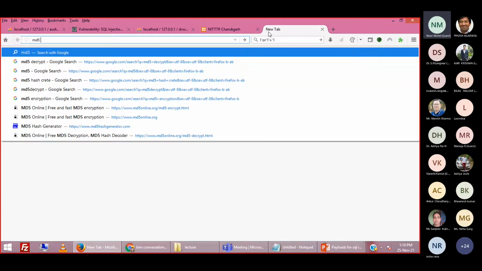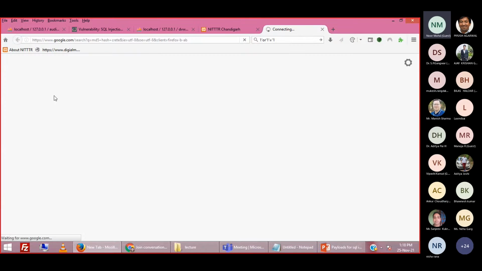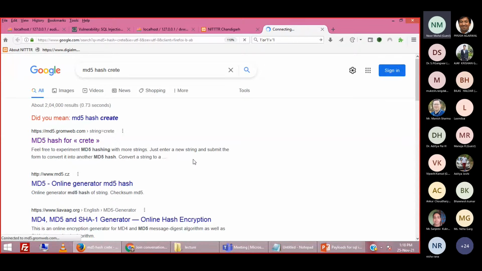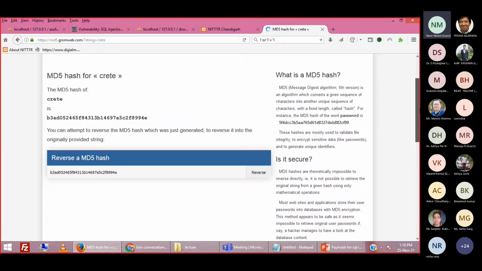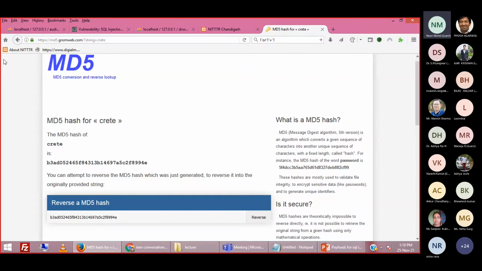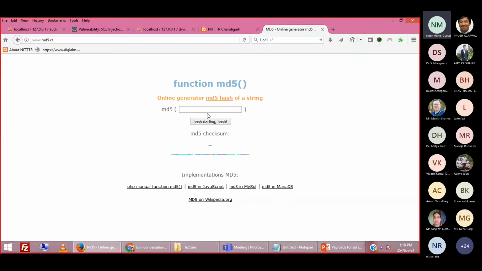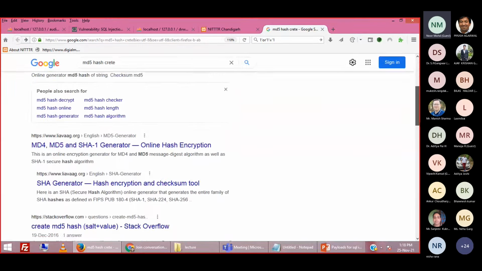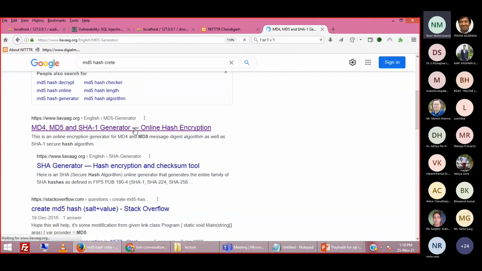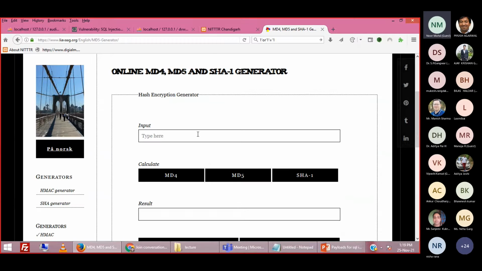MD5 hash create. You can see here I have written "hello, how are you".